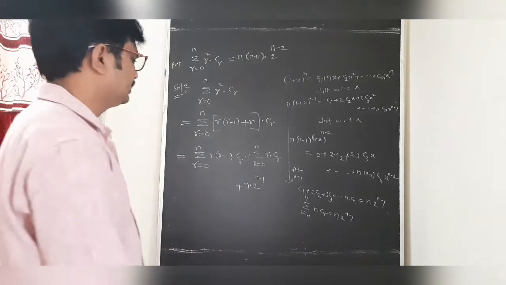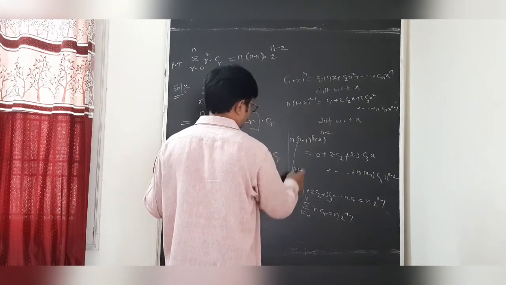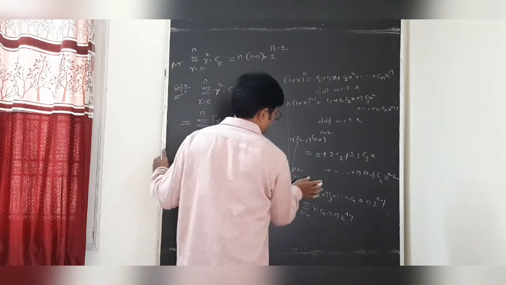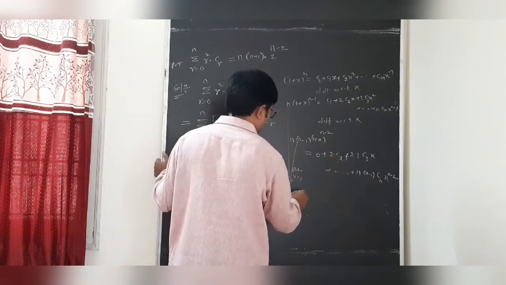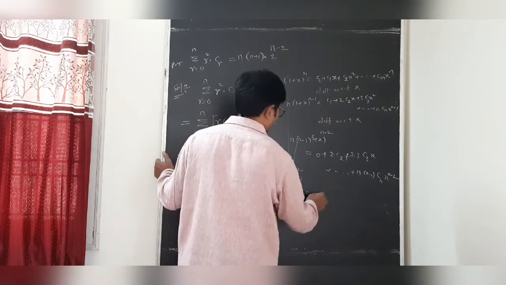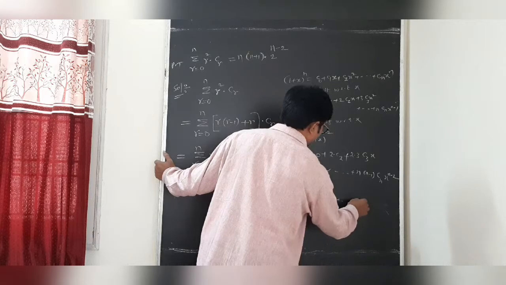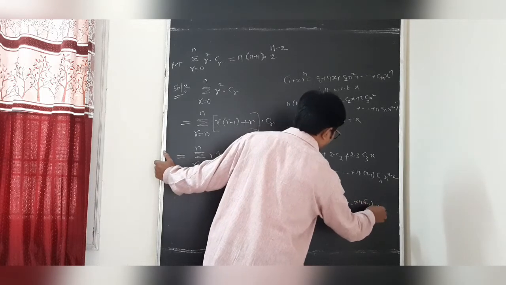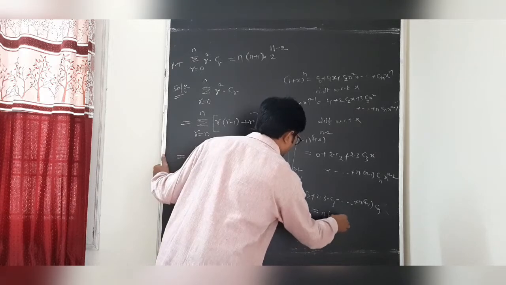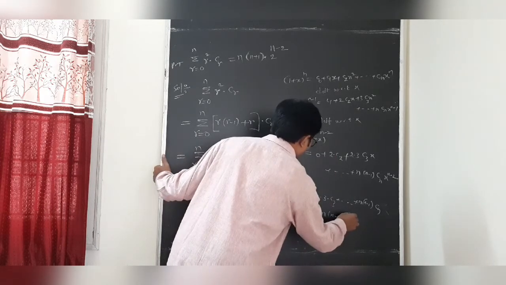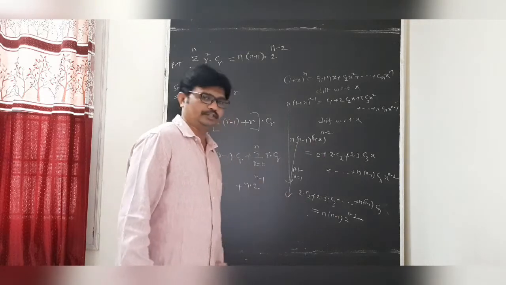Now students, we can substitute here. Put x equal to 1. We are substituting in this. How can you get, students, when you are substituting x equal to 1 in this formula? This is 2C2. After that, 2 into 3 into C3. Then n into n minus 1 into Cn. This is, students, n into n minus 1 into 2 power n minus 2. So students, n into n minus 1 into 2 power n minus 2.